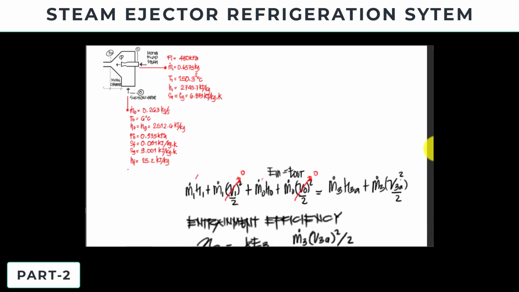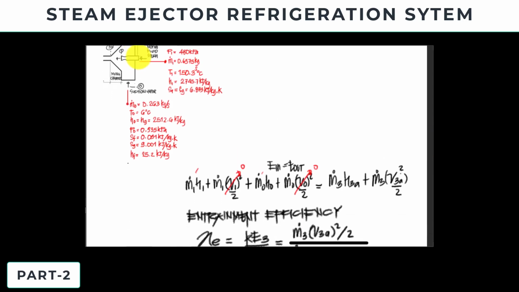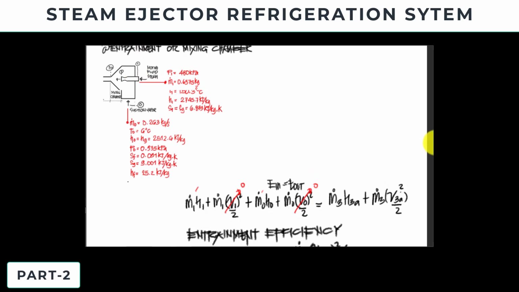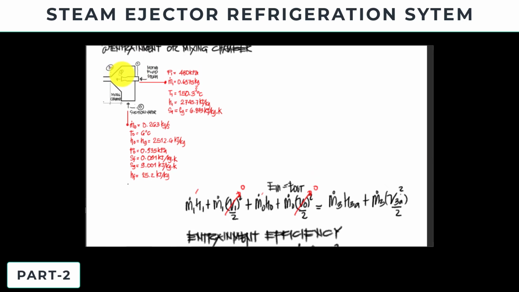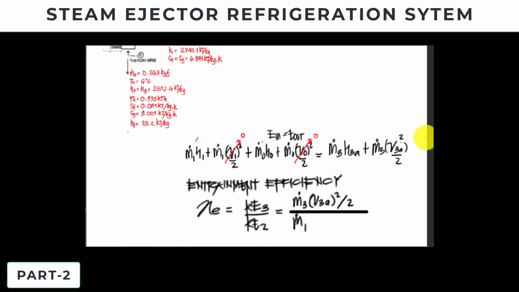So again, let's refer here. Now that is entering the nozzle, that will be the mass flow rate 1, and the corresponding velocity, which is the velocity 2. So that will be the velocity 2 squared, divided by 2. Now we can cancel yung 2 dito since they are the same sa ilalim at sa baba. We can cancel that one.